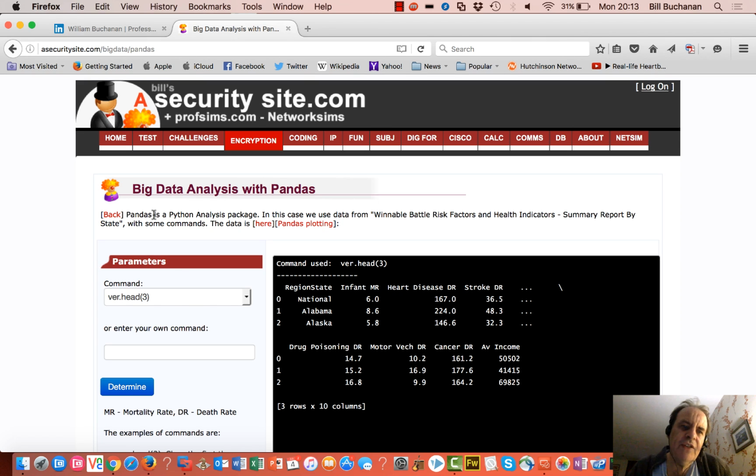Right, so we're going to have a look at some simple big data analysis with some real data. We're going to use Pandas, which is a library that allows us to do our analysis and to get some statistics from our data. The data set that we're going to use is the winnable battle risk factors and health indicators, summary report